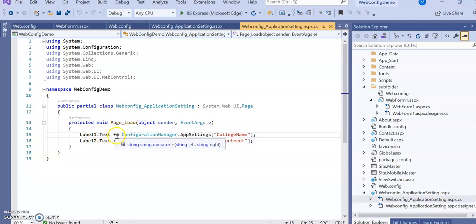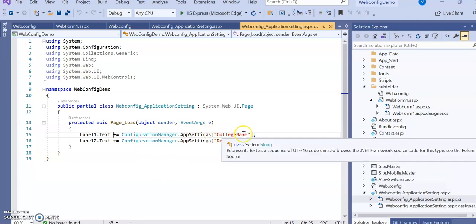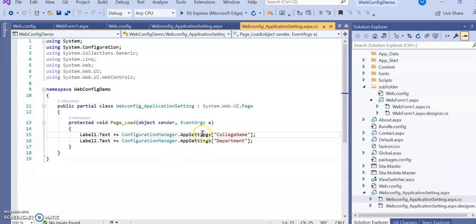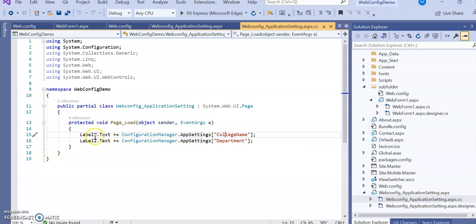Label1.Text plus equal to, so it will be concatenated with the new string, ConfigurationManager.AppSettings and then collegeName. Okay, so the value associated with this collegeName key will be retrieved, and that will be assigned to this Label1.Text.